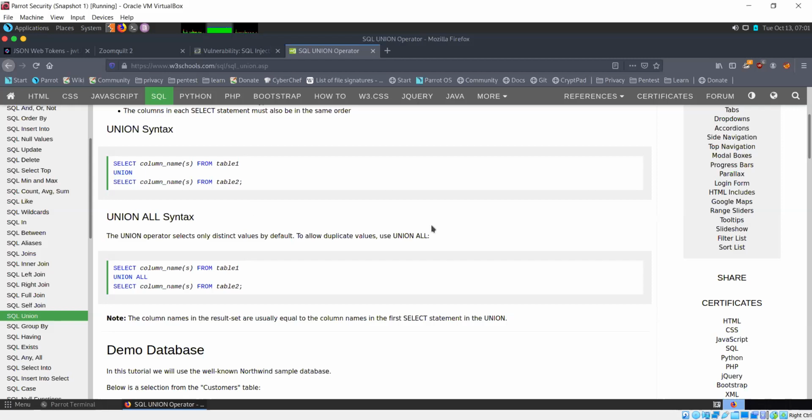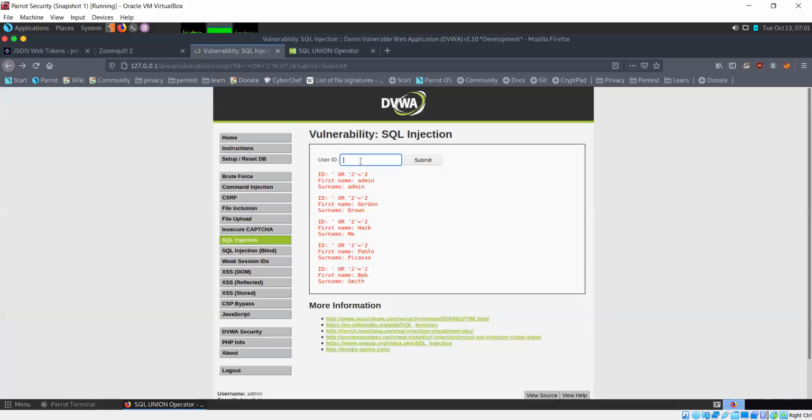Now, what we do is we take the original statement, and just add this single quote to it because we are not specifying any user ID.